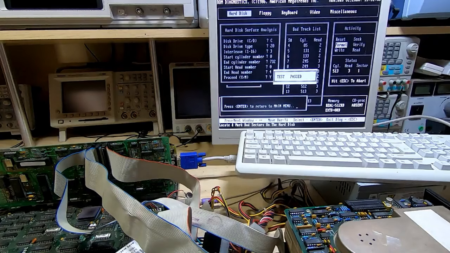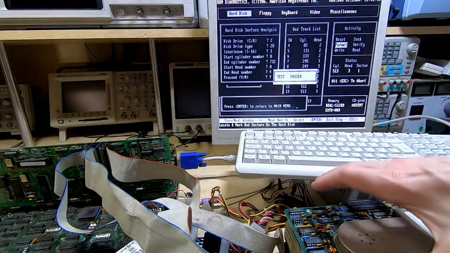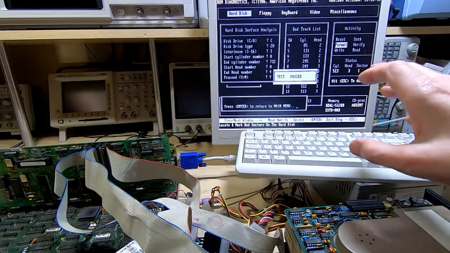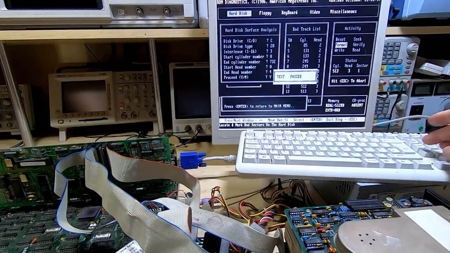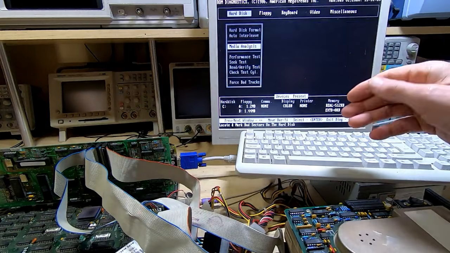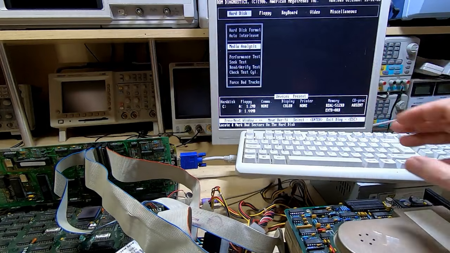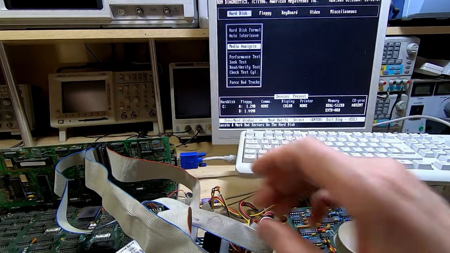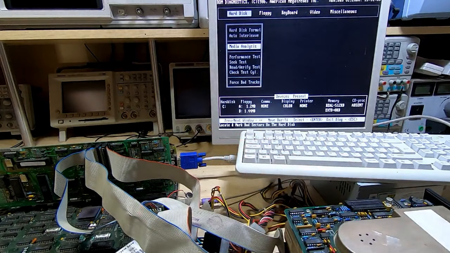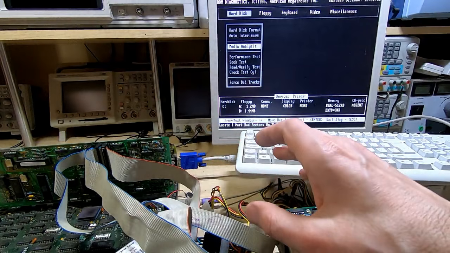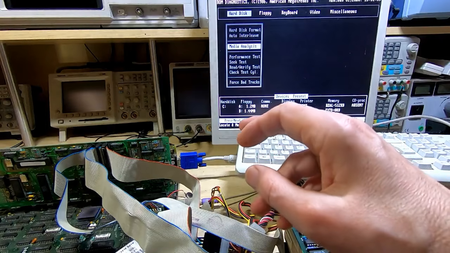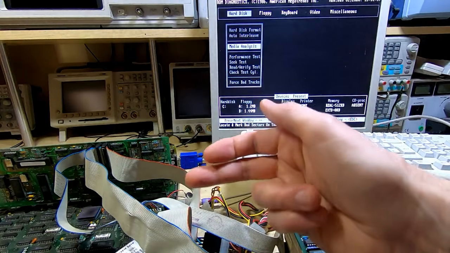So the next step, now that we've completed the low-level format of the disk and the checking of the media for any bad tracks, is we now want to try and install an operating system. Before we do that, it's probably worth mentioning you can use these old motherboards with an IDE hard disk, but it's not that straightforward because of the way that the various registers within the IDE interface are accessed and the timing